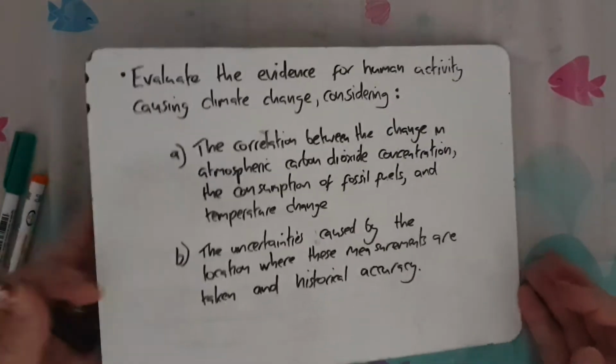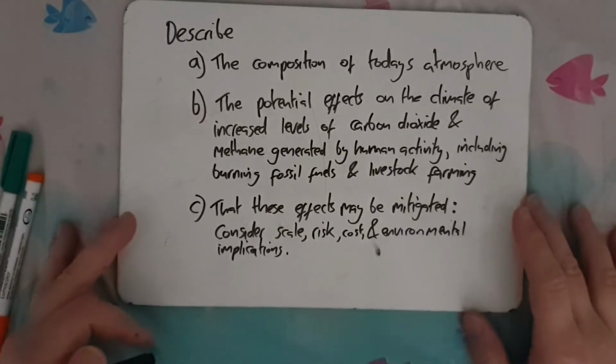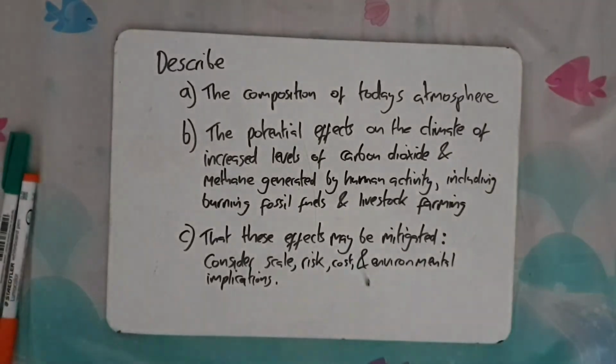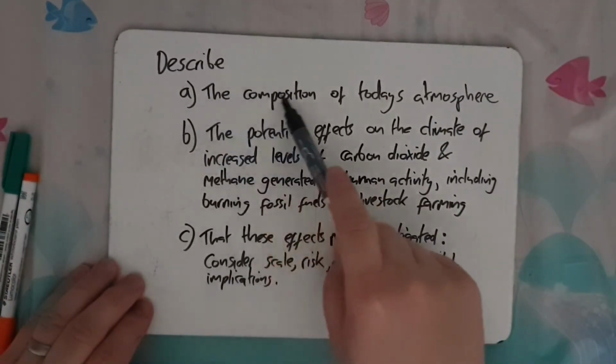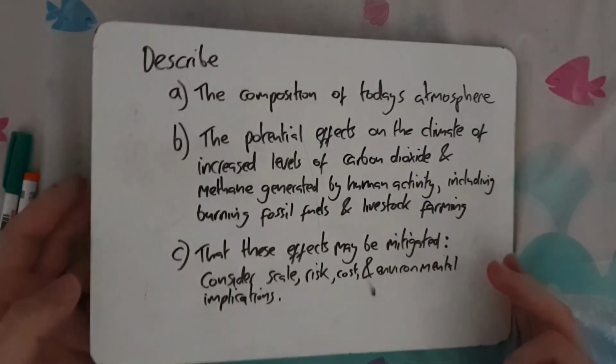Right, and final thing for today, so this is the final specification point, and then this is the end of the atmosphere topic. Right, so we'll do these one at a time. So first of all, describe the composition of today's atmosphere. So composition, fancy word for what it's made of. So the atmosphere today,